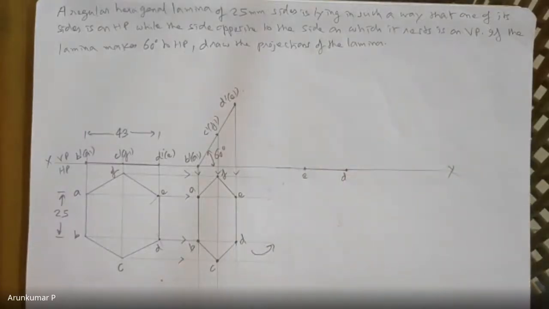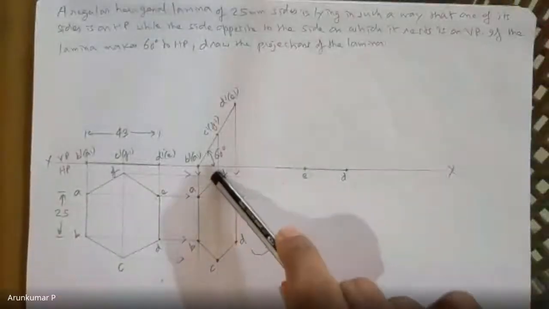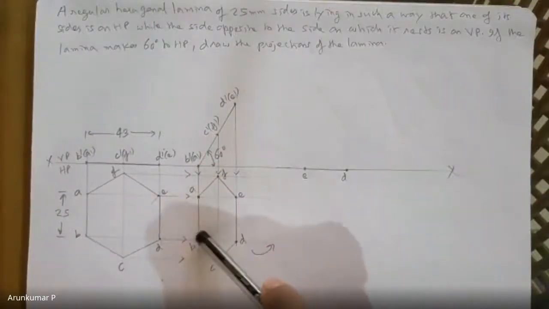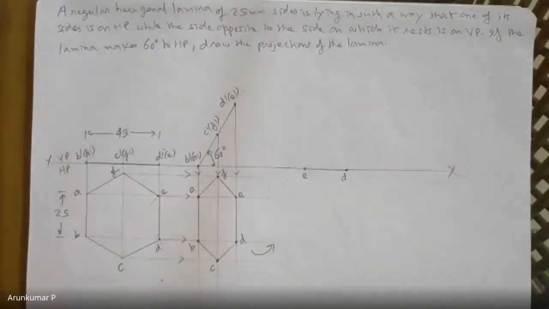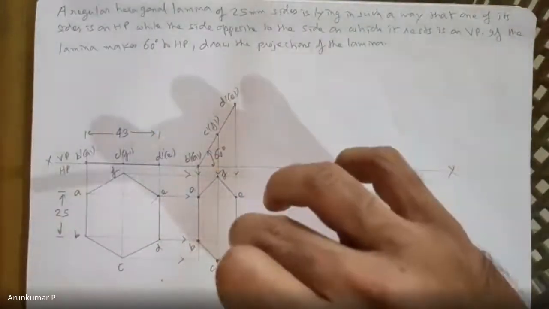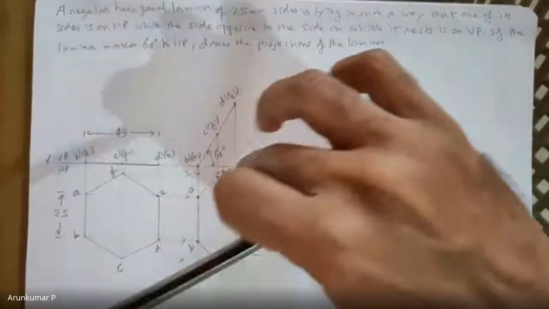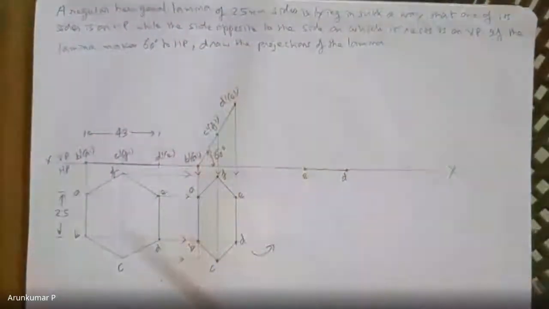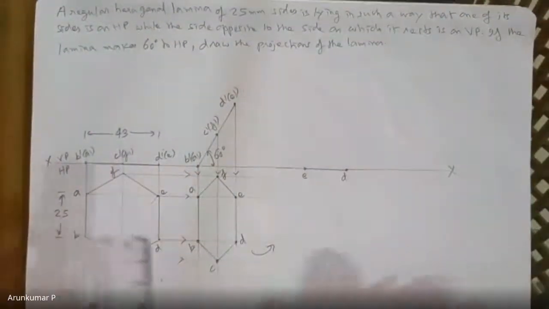Now, with respect to these 2 points, I have to locate the remaining 4 points A, B, C, and F. There are many ways you can use your rounder and measure the distance of these points with respect to D and E and locate them. That is how we are doing. There is another way that I can also show you.